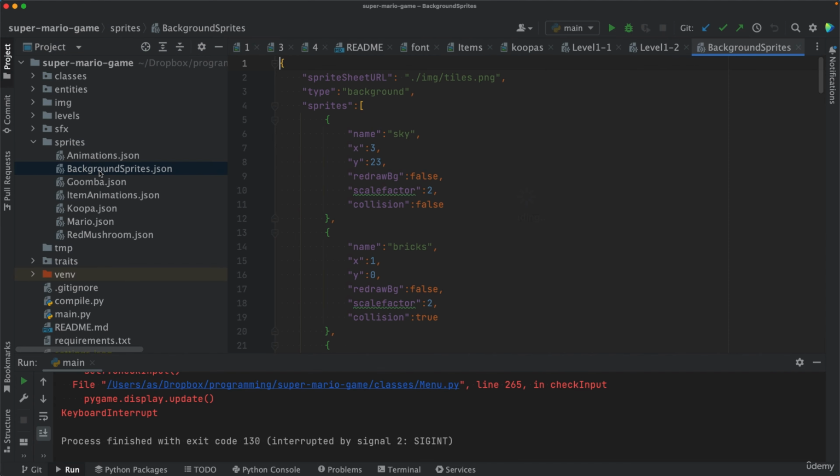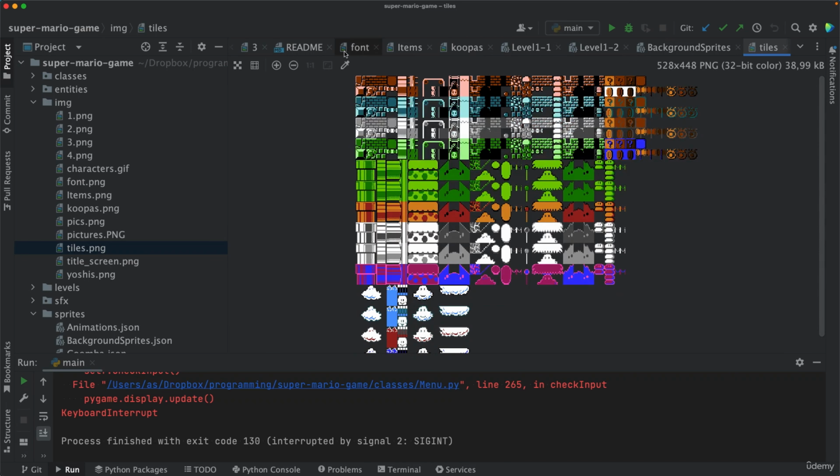These are also data, and these data point to the different PNG images, such as this here. These are called sprites in games. And tiles.png should be here, there it is. So those are the tiles,